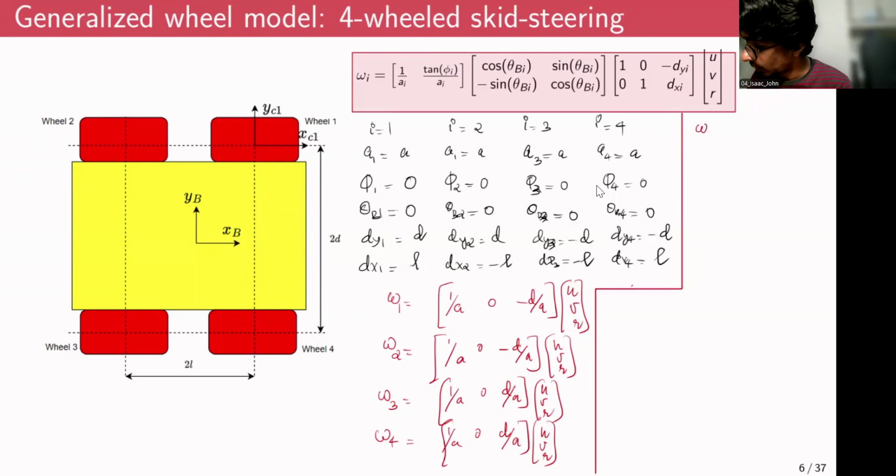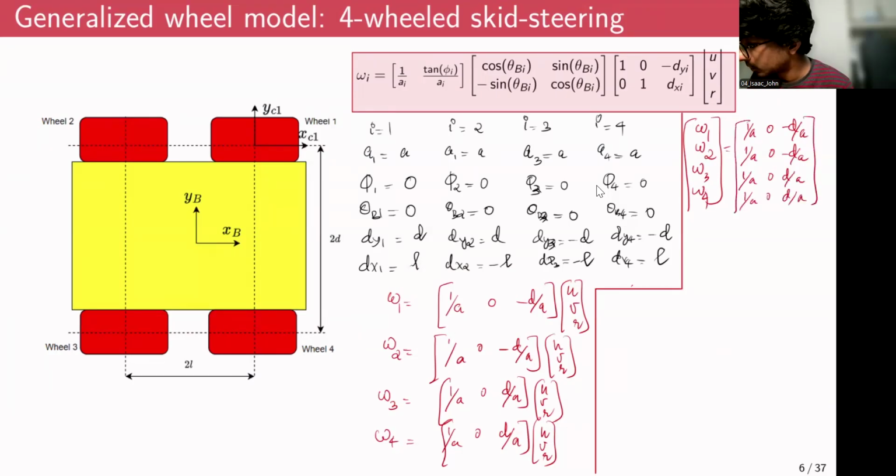You will get a big matrix, omega 1, omega 2, omega 3, omega 4 as 1 by A, 0, minus D by A, 1 by A, 0, minus D by A, 1 by A, 0, D by A, and 1 by A, 0, D by A. This whole matrix would be multiplied by UVR, where this vector is omega, and this vector is zeta, and this matrix is basically the pseudo inverse of this